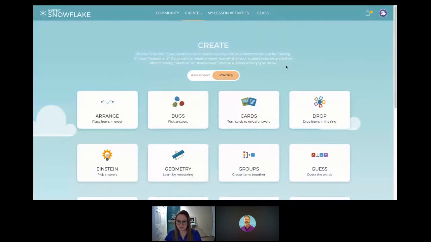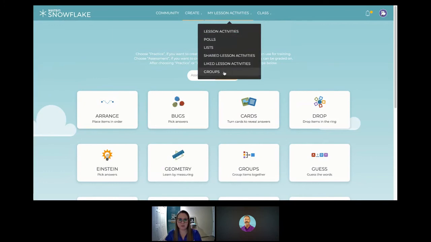The really great thing about students creating is when a student shares a lesson activity, it is not going to share to the Snowflake community. It is only going to share into a group. So the teacher could create a group, add their students to that group, and then the student would only be able to share into that group. So any activities, they're not going to just be published on the web. They would be available only in the group, and the teacher would have to approve those lesson activities in the group. To give you an idea of what that looks like,